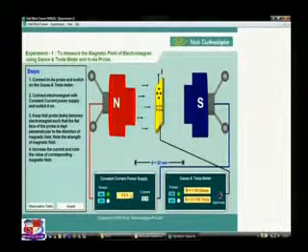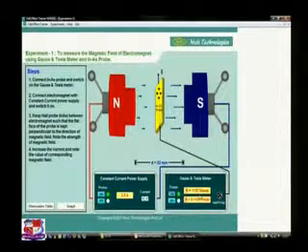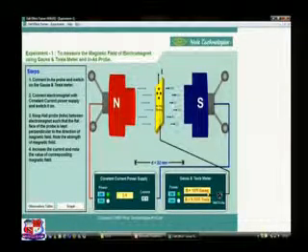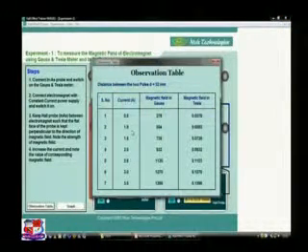It is actually, say for example, 2.5 ampere current will generate 1130 Gauss magnetic field. If I increase the current, I can see that 3 ampere current will cause an increase in the magnetic field, right? So in the observation table, we can have current as well as magnetic field in Gauss and magnetic field in Tesla. If we have a magnetic flux meter which can measure in only Gauss or only Tesla, then we can change the observation table accordingly.